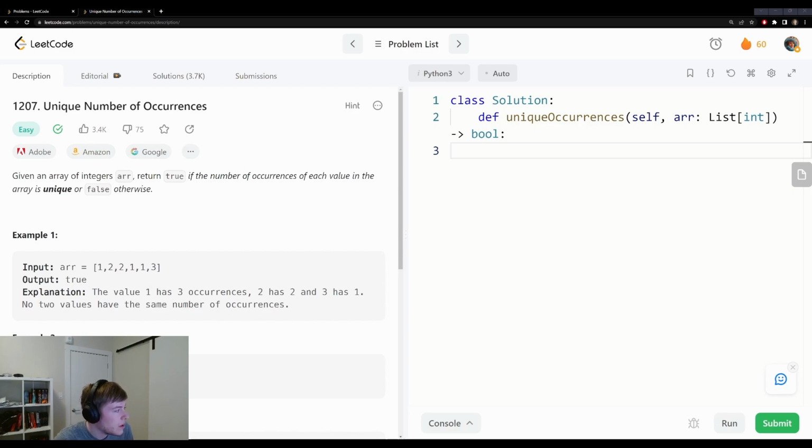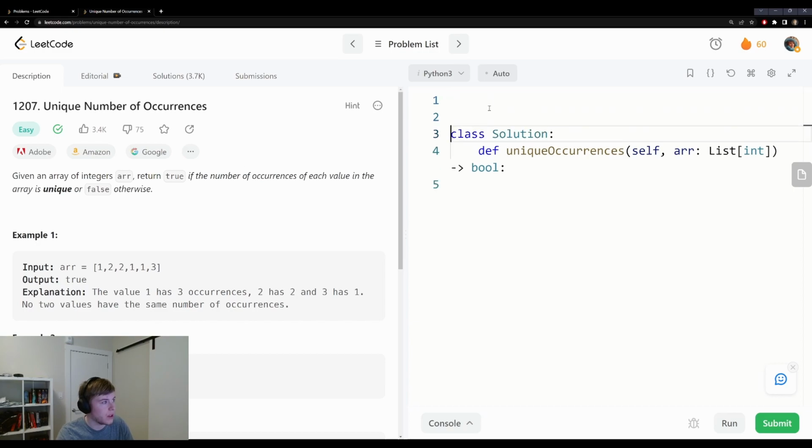Given an array of integers arr, return true if the number of occurrences of each value in the array is unique, false otherwise. So essentially, what we're going to do is use a counter, which is basically a glorified hash map in Python, to get the counts of each of these numbers. So that's the first thing that we're going to do. Well, first we're going to have to import Counter,